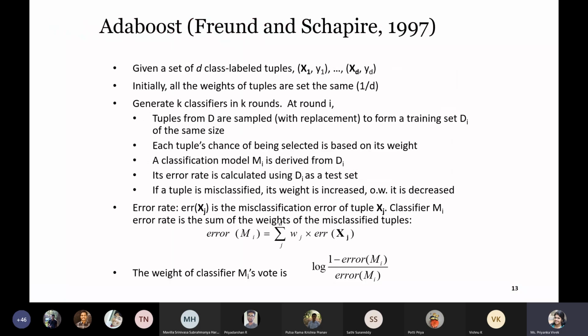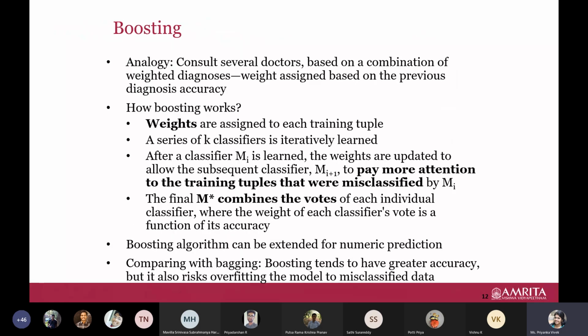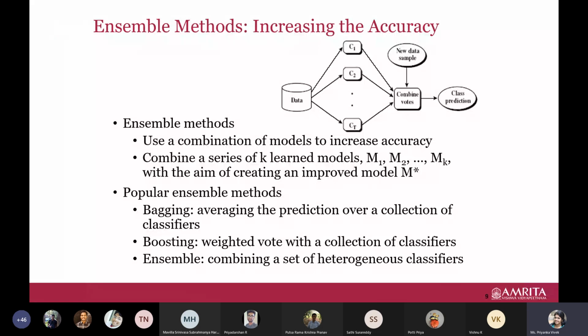Then initially when we talked, there was something called ensemble, where if you want to combine multiple classifiers, that is possible. When we talked about bagging, it is the same classification algorithm but on different sets of the data, I mean our data set. But when you say ensemble, that algorithm itself can have multiple classifiers, like one naive Bayes, one more. That is why it is mentioned as heterogeneous classifier. That is also possible. But for bagging and boosting, typically the AdaBoost algorithm is more used. Okay, so I think that's all for this topic.